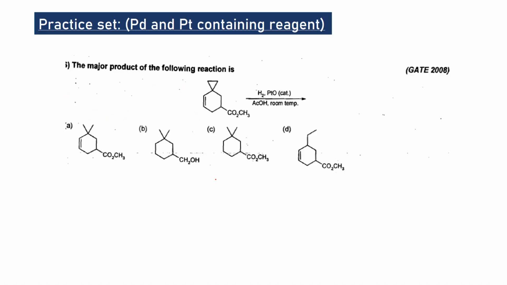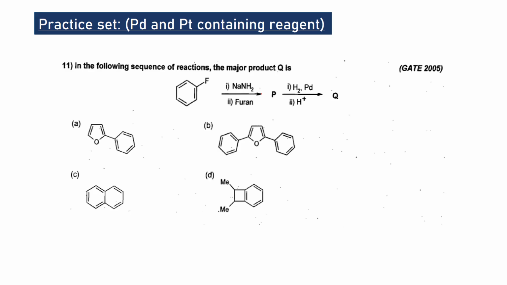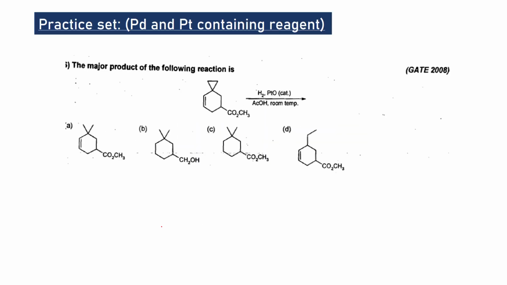What will be the major product in the following reaction? This is a question based on platinum catalyst. So in this reaction, if you add hydrogen and platinum, platinum is a very strong reducing agent. So in this case, it will reduce this double bond, and as you know, cyclopropane rings are also considered as a double bond due to close arrangement of p orbitals. So therefore it will also cleave this 3-member ring, forming